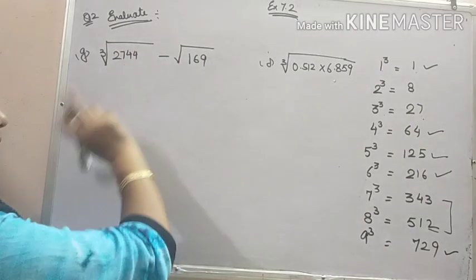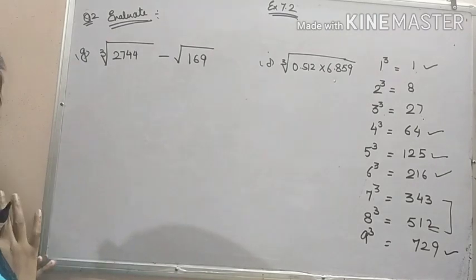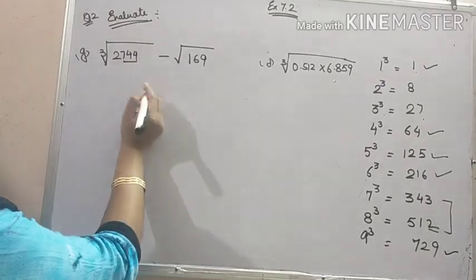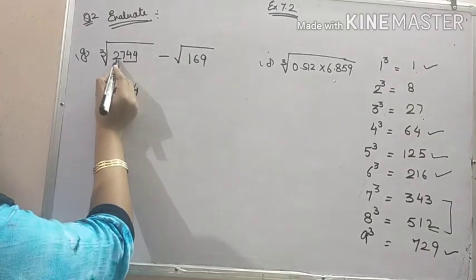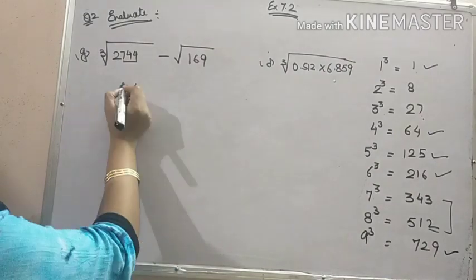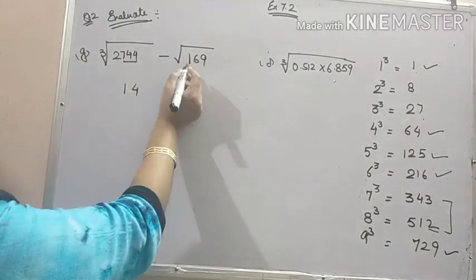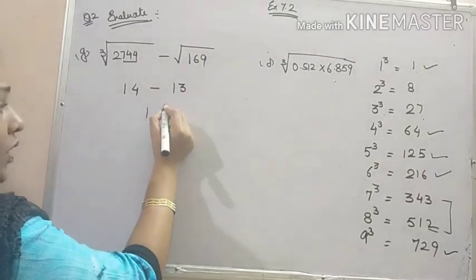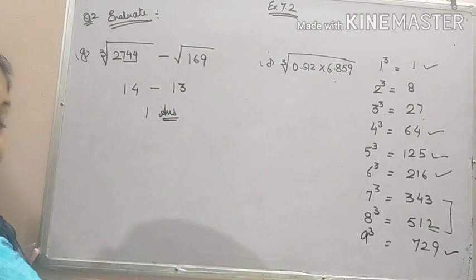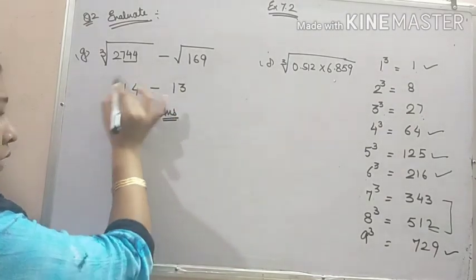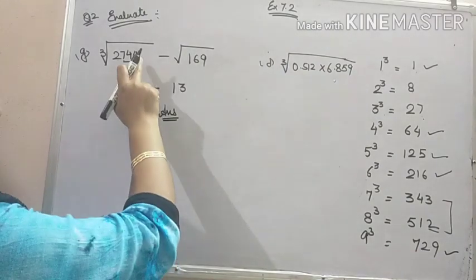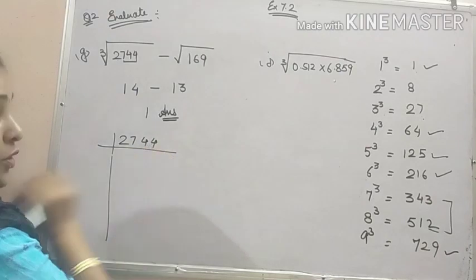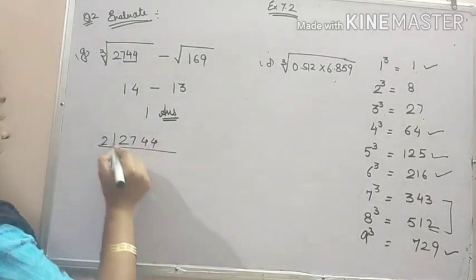If you are sure that it is a perfect cube, you can directly use ones and tens method. Let me try. 4 is the last digit. So here 4 will come. 2 is greater than the cube of 1. So here 14 will come. And minus, it is the square of 13. 14 minus 13, 1 is your answer. Okay. This is the easiest way, but you can apply this only when you are sure that it is a perfect cube. So it is better to check whether it is a perfect cube using prime factorization.